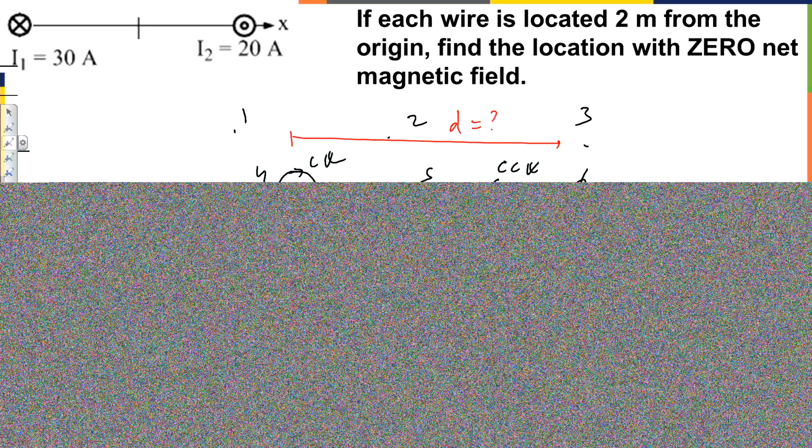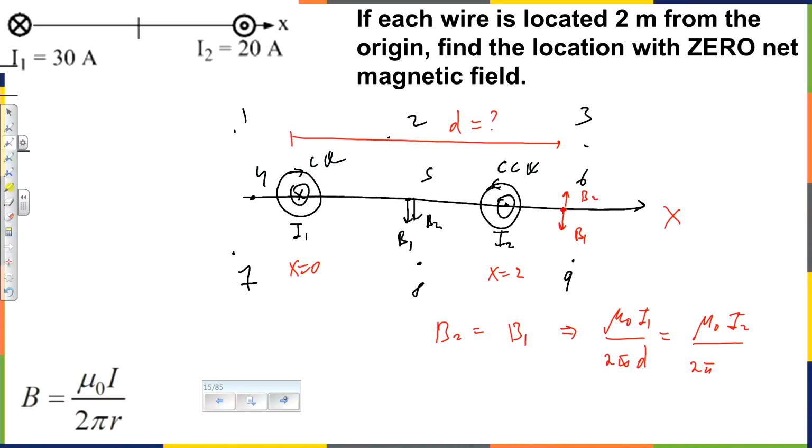And what should I write for the distance from the second wire to this point? The distance from the second wire, yes? D minus 2. D minus 2, but that's only because of my choice for D. It could have been different, but if we set D to something, we can change it. Yes? Shouldn't X at the second wire be located... Yes, you're right. Thank you.